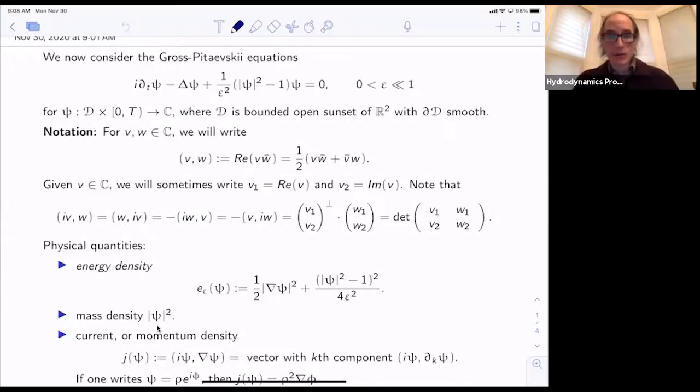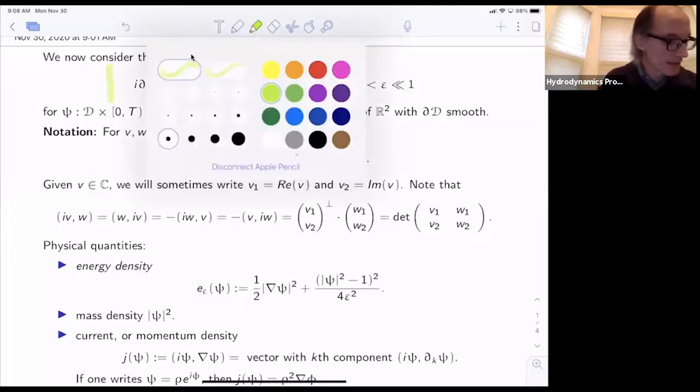We're going to look at the... so someone has answered my question. Okay, good. So we're considering the Gross-Pitaevskii equation, which I wrote down a couple of months ago. Here it is. And so it's